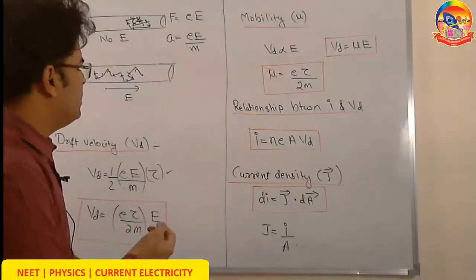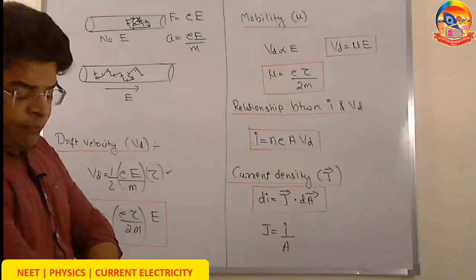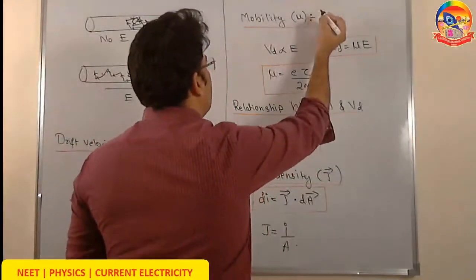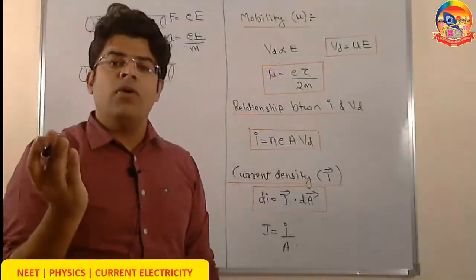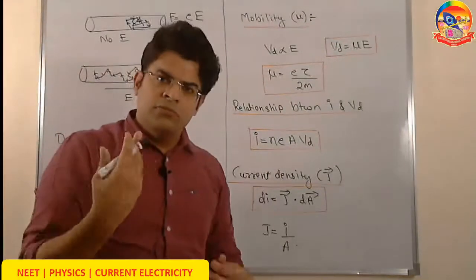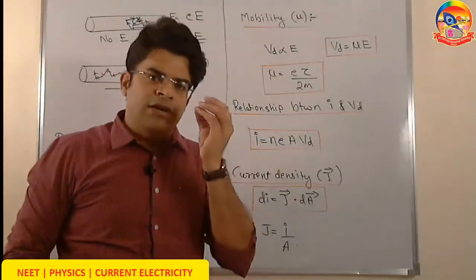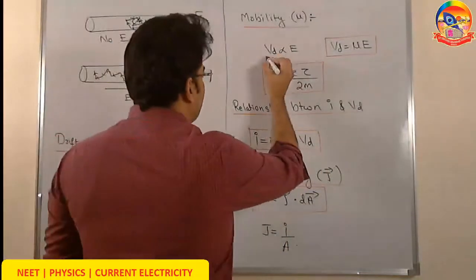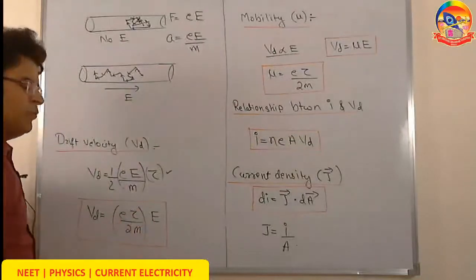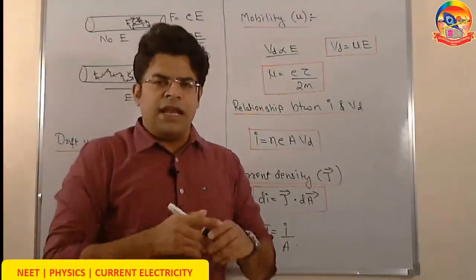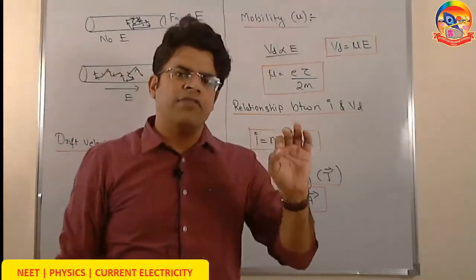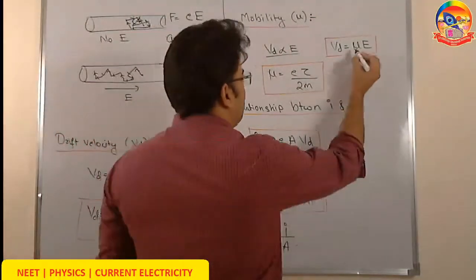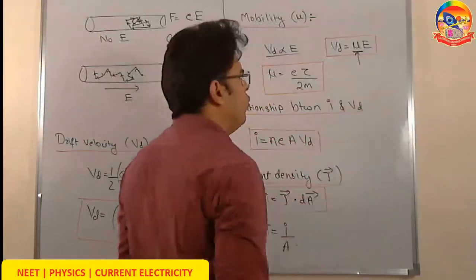Next thing, let's define a quantity called mobility. The term itself is very obvious. The more mobile it is, the easier it is to move. So higher mobility means it will be easier to move. For what? Let's understand. We say that the drift velocity is directly proportional to the electric field. So the stronger the electric field you apply, the higher the drift velocity of the electron. Then we add a proportionality constant, and this proportionality constant is called mobility.